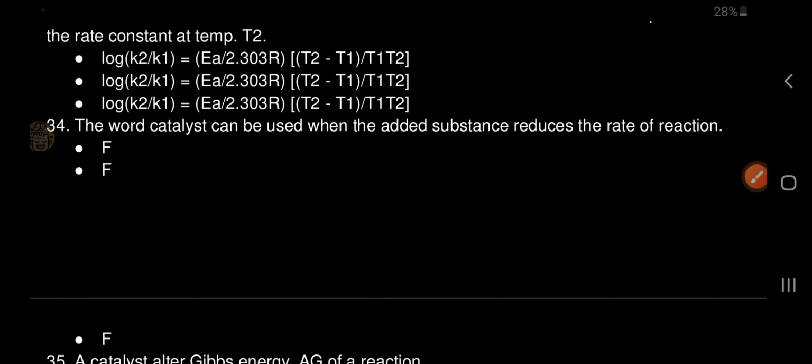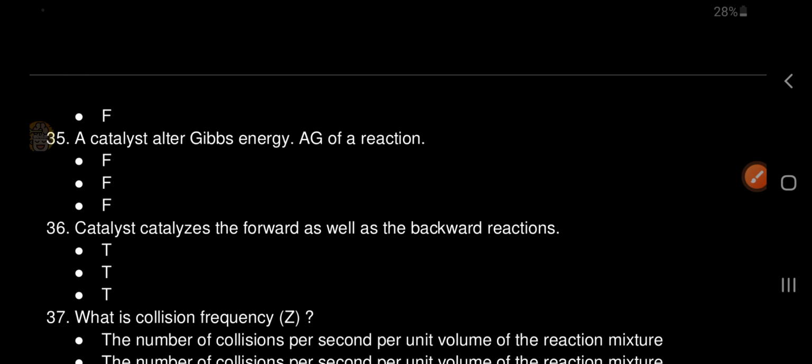The word catalyst can be used when the added substance reduces the rate of reaction. False. A catalyst alters Gibbs energy,